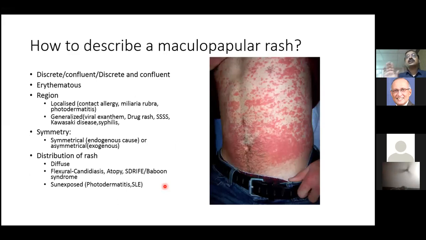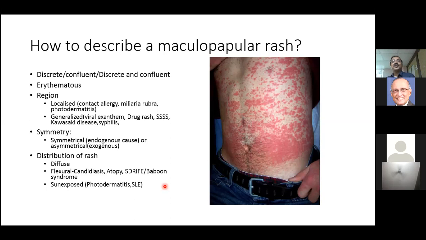So when you see this maculopapular rash, we've asked so many questions and arrived at some focus towards diagnosis. Now you have to describe it and put it on paper, as to what your description of the rash is. Just writing a maculopapular rash would not be sufficient. Very often we end the consultation, finally opining on a maculopapular rash on the trunk, right? After this class, if you're able to say a little more about what the rash is, I would be very happy. This is the slide on which I want you all to be awake,